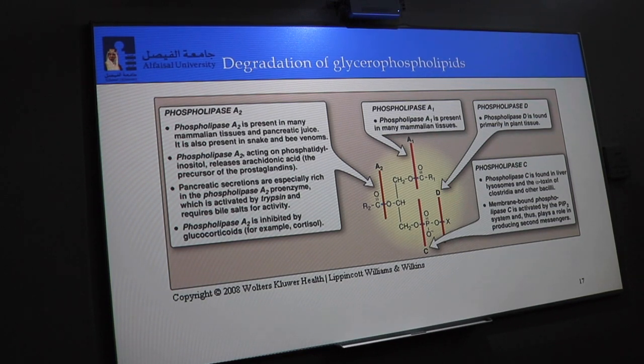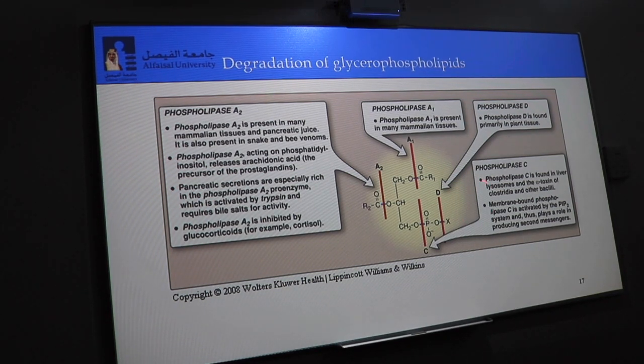If I ask you, adding phospholipase C to this glycerophospholipid will release which product? Diacylglycerol and phosphoalcohol. So if I have choline here and I add phospholipase C, the product will be diacylglycerol and